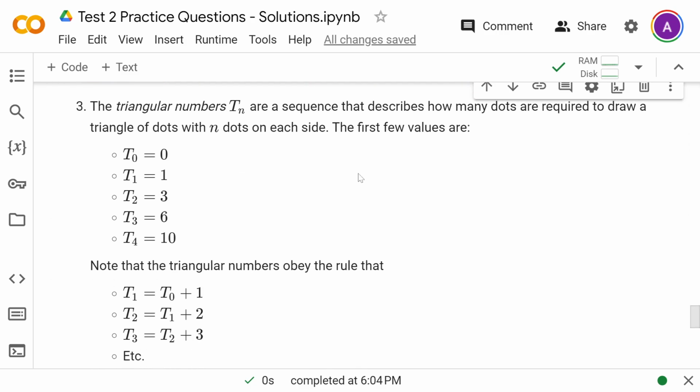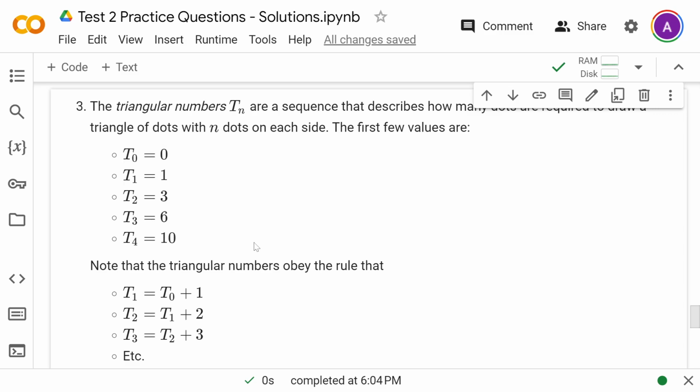So the triangular numbers Tn are a sequence that describes how many dots are required to draw a triangle of dots with n dots on each side. That may not make a ton of sense, but just Google what they're supposed to look like. Anyway, the point is that the values are like this. The first few values: T0 is 0, T1 is 1, T2 is 3, T3 is 6, T4 is 10,